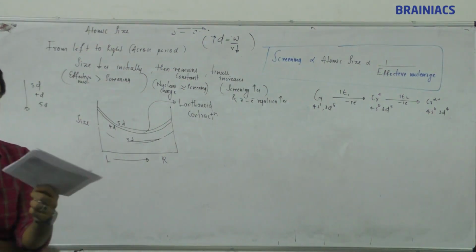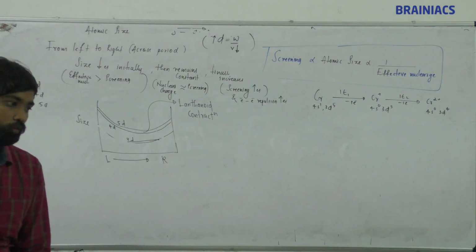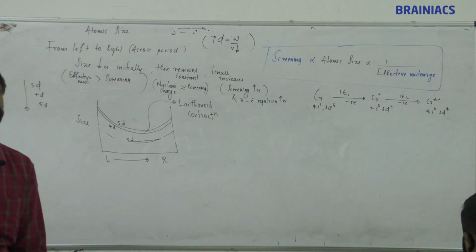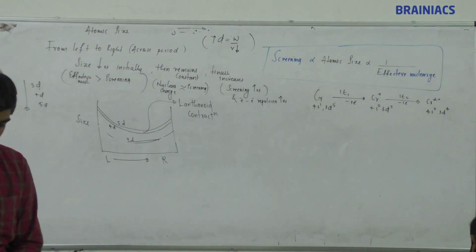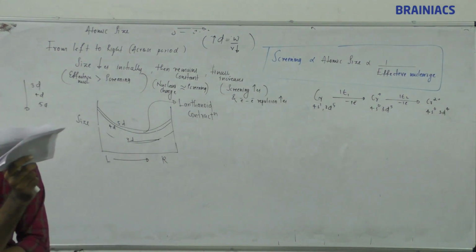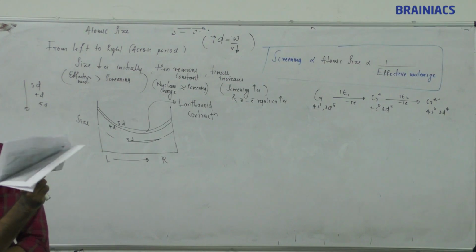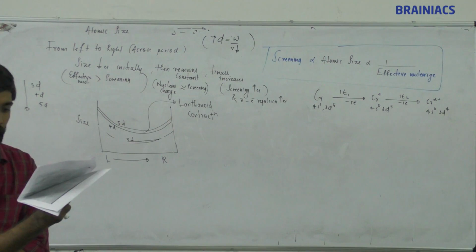Next point, osmium and iridium. Osmium and iridium have high density in D block elements. Ready? Next point,